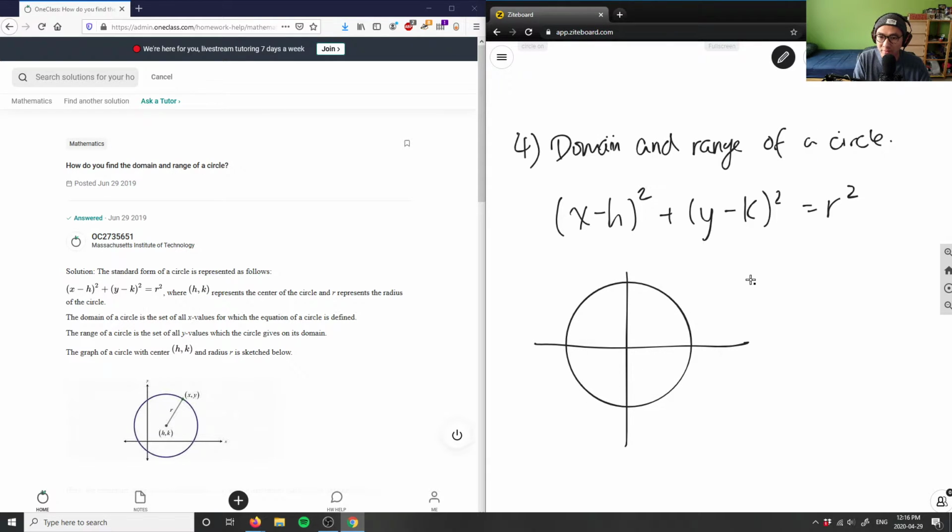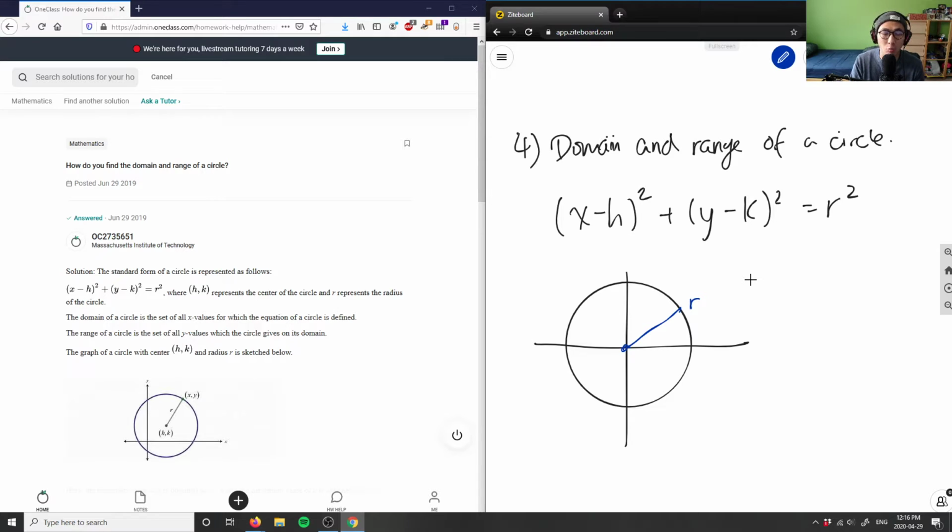If I have some sort of circle here, and I'm saying that the center point is 0, 0, so I'm assuming that h and k are 0, 0, which means the radius here is simply r. So this here is good. And what we're doing is talking about the domain and range of a circle, right? So the domain and range of a circle basically just means